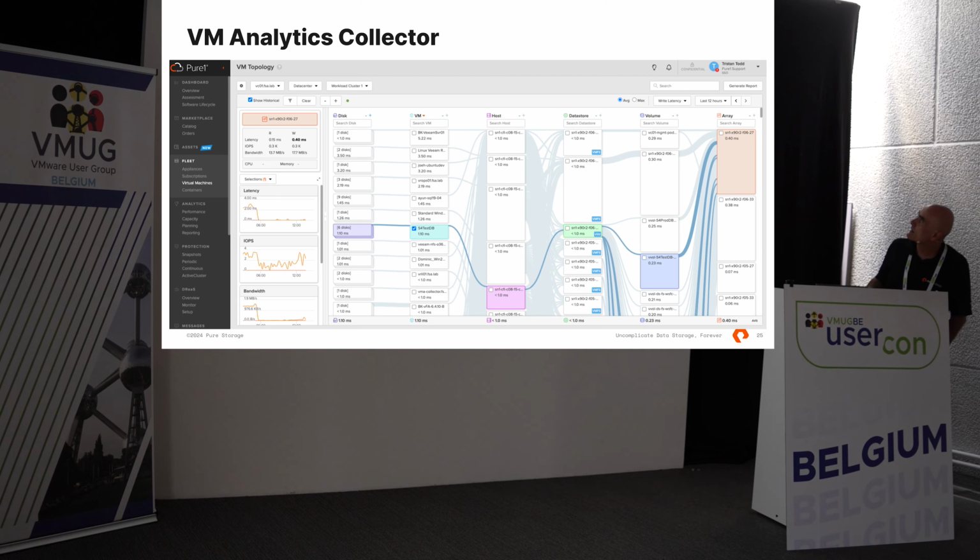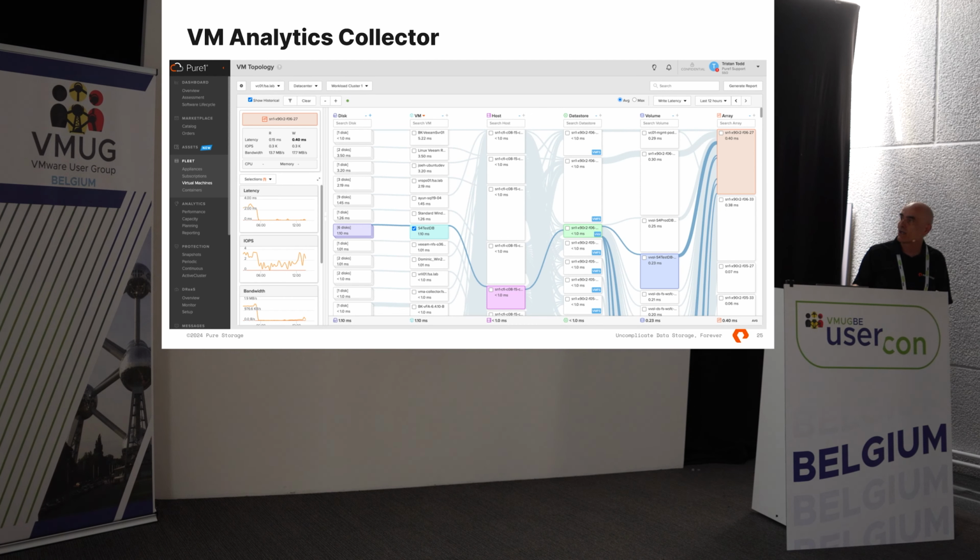Even here, it doesn't show the picture very well, but this is a very powerful tool that is unique to Pure, and it is integrated into our plugin and provides the full view of the analytics that you can perform for every IO operation across your vSphere platform.